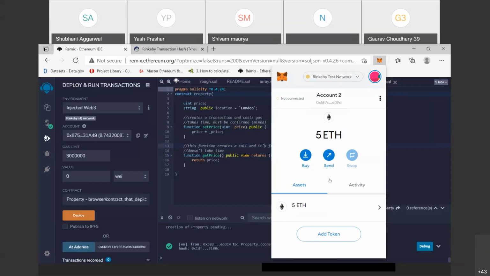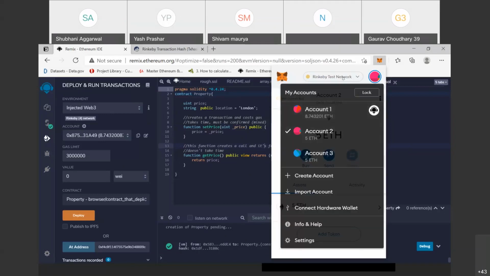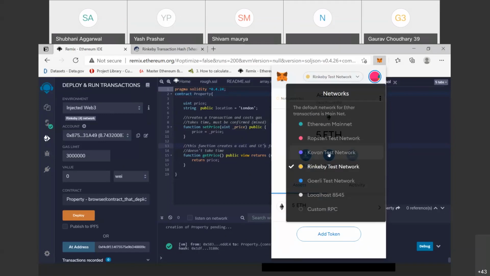If you do transactions, and मैम, MetaMask यूज, और हम प्रूफ ऑफ वर्क का कब करेंगे कोई एग्जांपल? प्रूफ ऑफ वर्क अगर आप करना चाहते हो तो उसके अकॉर्डिंगली आपको वॉलेट यूज करना पड़ेगा. ठीक है ना, शायद आई थिंक जो वी यूज रिंकबी, बट इफ यू यूज कोवन या रॉप्स्टन, आई थिंक वन ऑफ दीज टू यूजेस प्रूफ ऑफ वर्क.